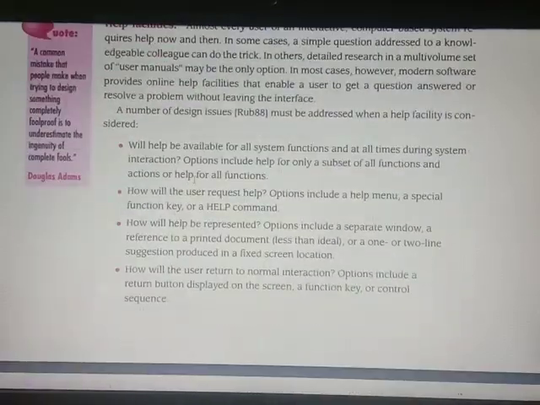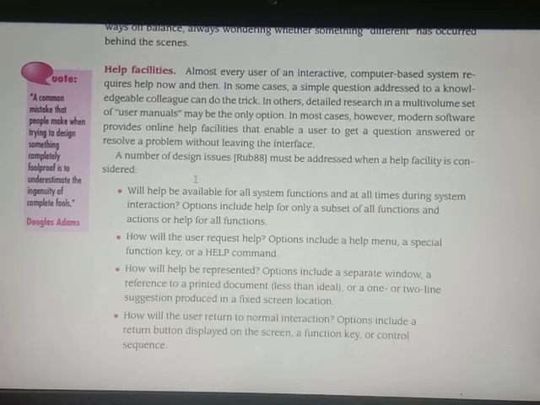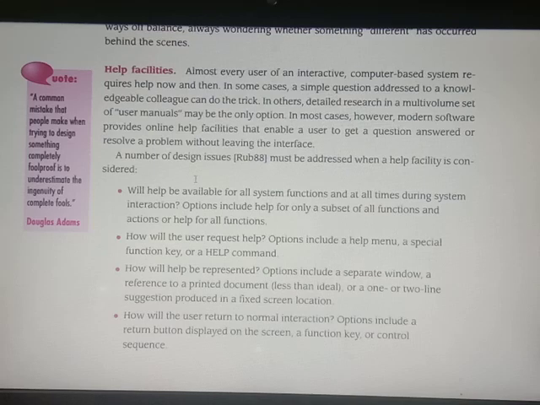The next one is help facilities. In each and every software and web-based application, whether it is Microsoft Word, PowerPoint, Excel, an IDE like Eclipse, or Turbo C, whatever application we use in our programming, help facilities are provided.